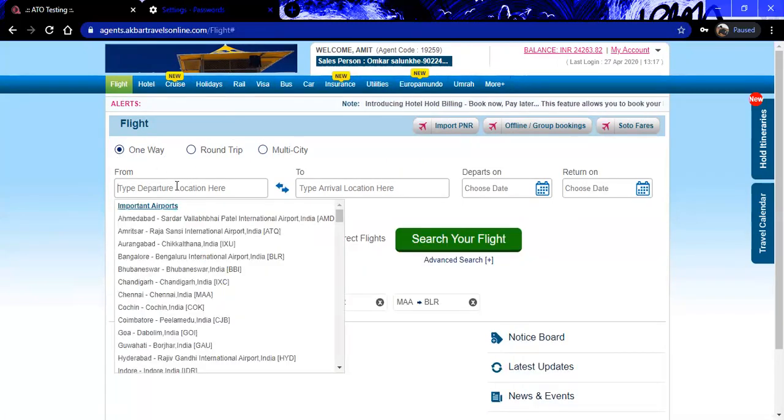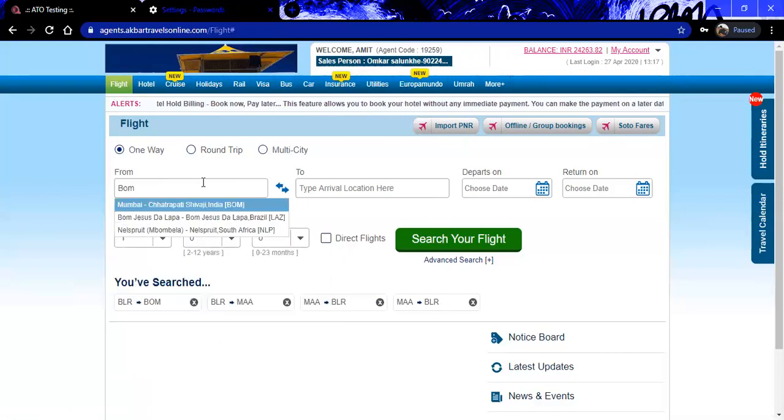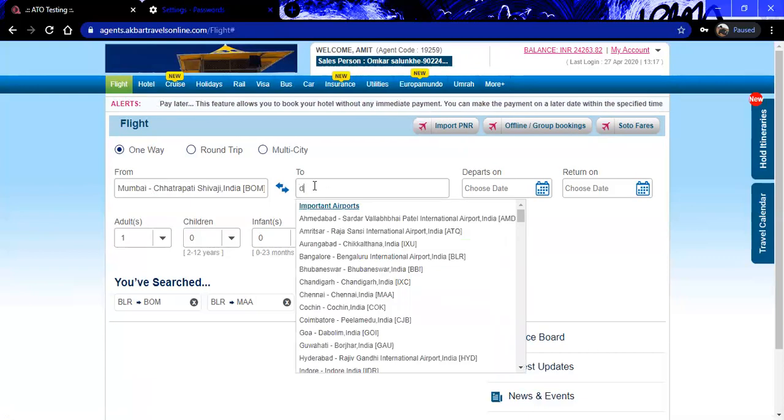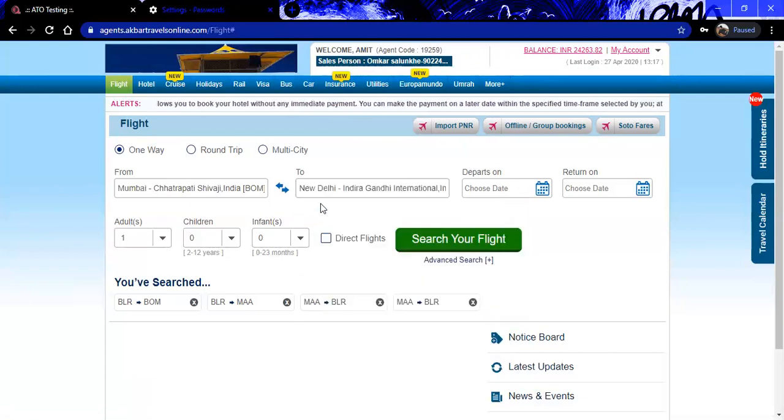Looking at the next step, you have to enter the from city. I will take Bombay. For an example, I will take Delhi as a destination. So this is an onward destination, a destination which the client desires to go to. This is the from city and this is the to city. If you wish to swap this, you can use this feature also. That is the swap button. It will swap the sectors, so Delhi will be the from city and Mumbai will be the to city.